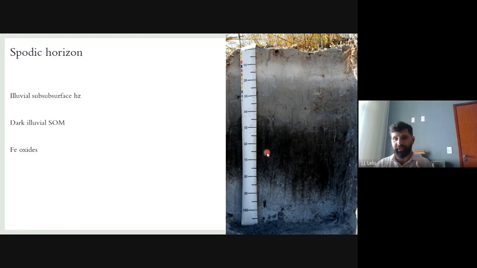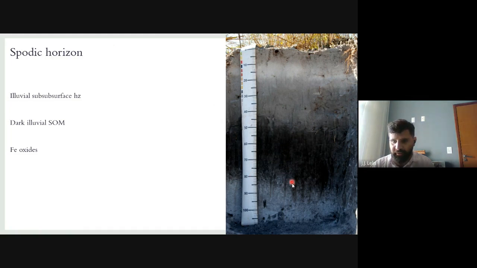Okay, so the spodic horizon marks when or where water stops its migration and helps the concentration, the accumulation of organic matter. And this accumulation of organic matter creates the spodic horizon. In this case, we have two spodic horizons. This first, that's between 20 and something like 45 centimeters of depth. And this horizon that starts at